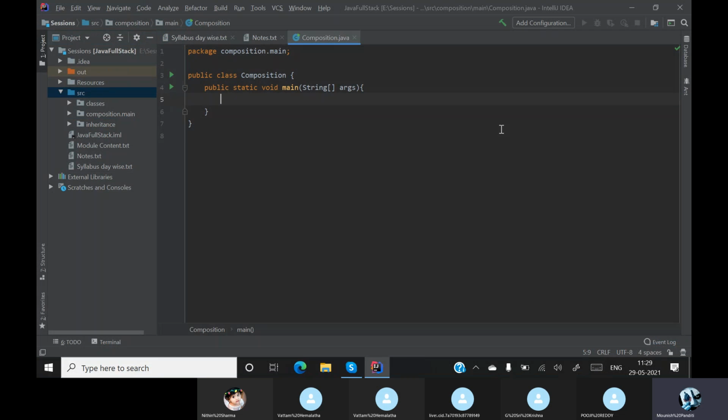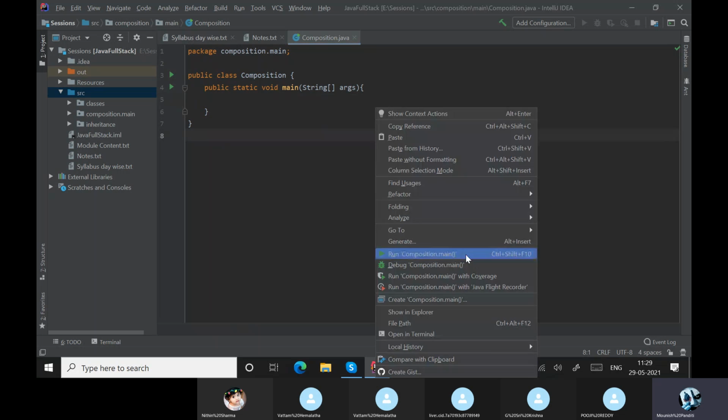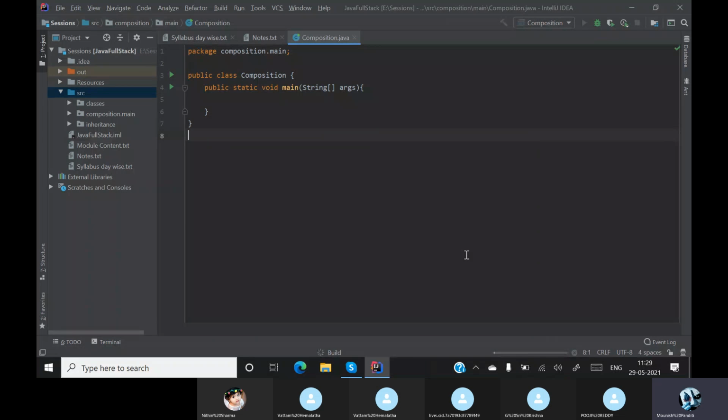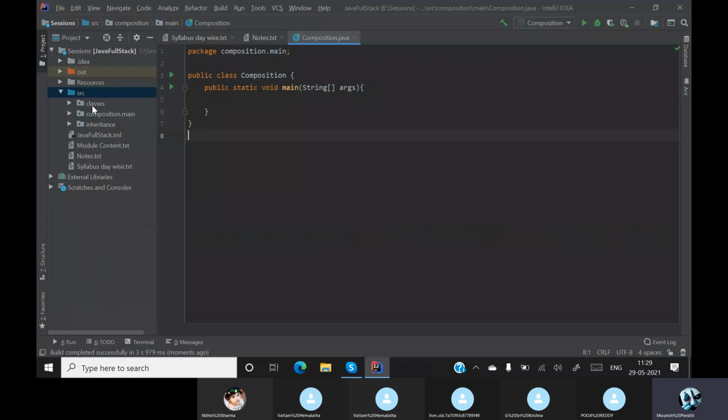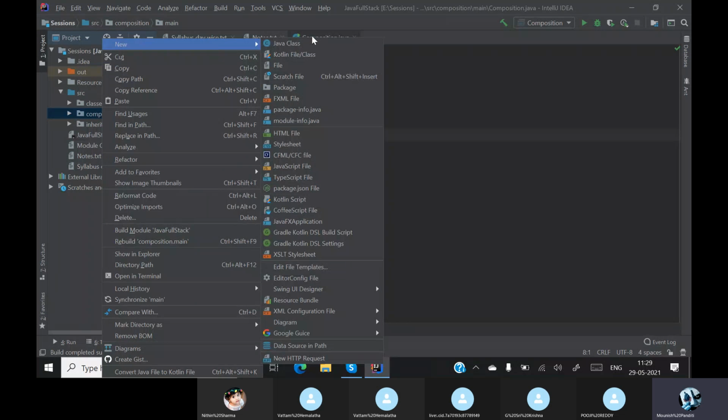Apply and close. Okay, so this will be my Composition. My Composition class is created and it is running successfully. Now inside my composition, let me create another class.